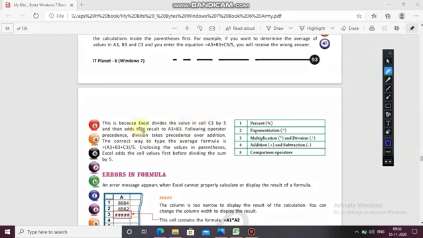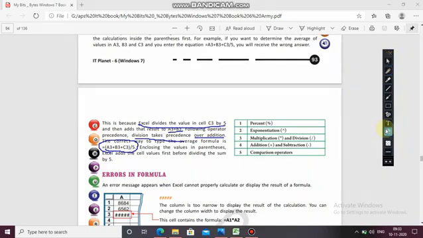This is because Excel divides the cell value in C3 by 5 and then adds the result to A3 and B3. So following operator precedence, division takes place over addition. First it will divide whatever value comes first. If there is no parenthesis bracket, then it will divide first, then add. So the correct way to type the average formula is equals to, in a bracket A3 plus B3 plus C3, and then divided by 5. Clear?